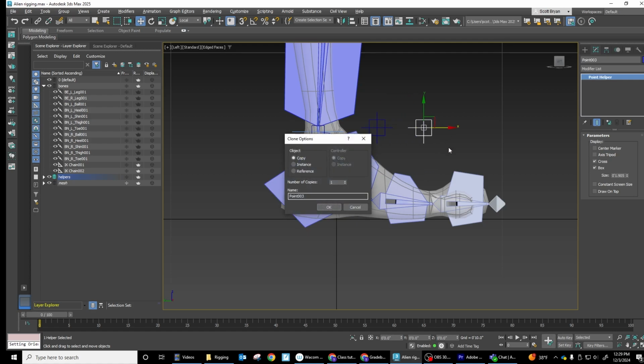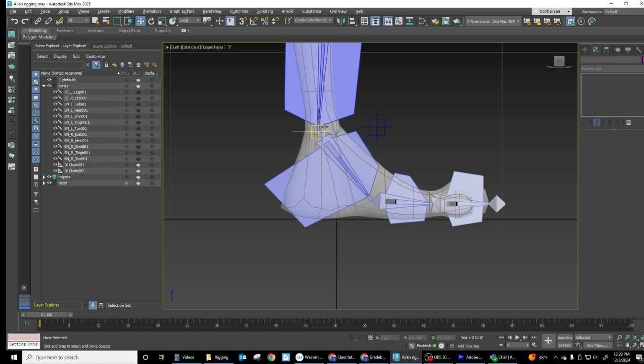Okay, so let's make those copies. One thing that I forgot to do is naming conventions. Notice how right now I've been creating these things in the bones. I really should be creating this all down here in the helpers. So I'm going to move the IK chains down into the helpers layer. And before I go any further, I actually want to call this